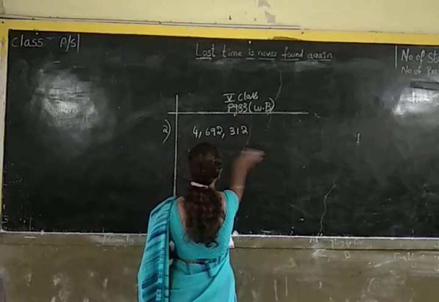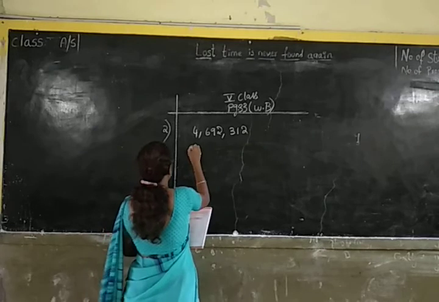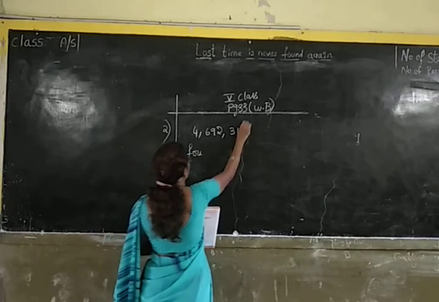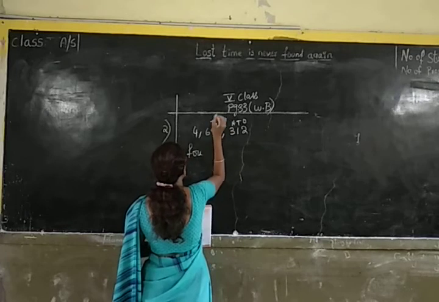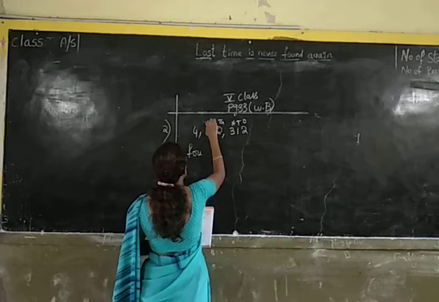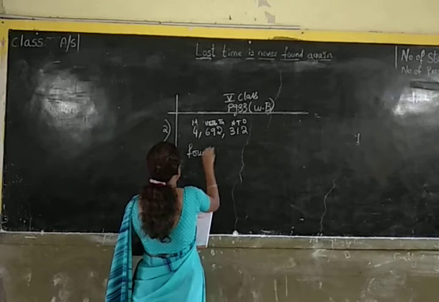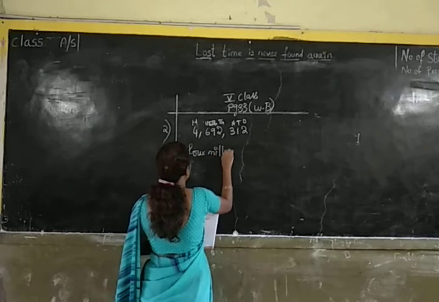So let us write down the number name. Ones, tens, hundreds, thousands, 10,000s, 100,000s, millions. So 4 millions